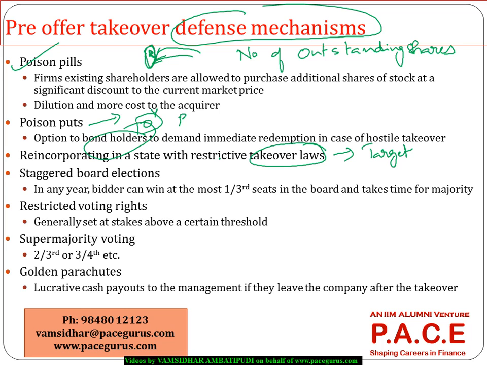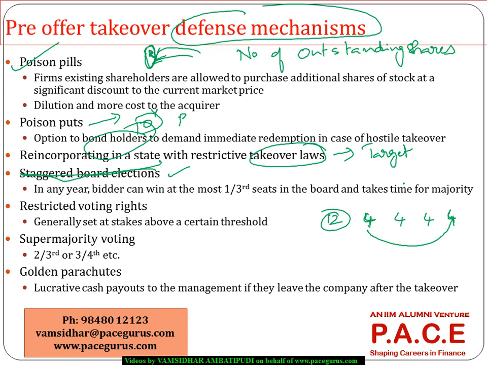So that way they can prevent the takeover. And in some cases, what we see is the companies will get into a staggered board election. It splits the entire board, let's say it requires 12 members in the board. It says 4 of them are elected this year, 4 of them next year, and 4 of them the next year. All of them are elected for a 3-year period. These 4 will retire here, and another new 4 will be re-elected.